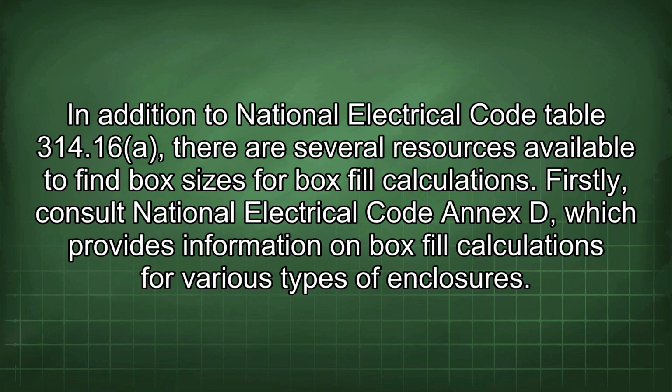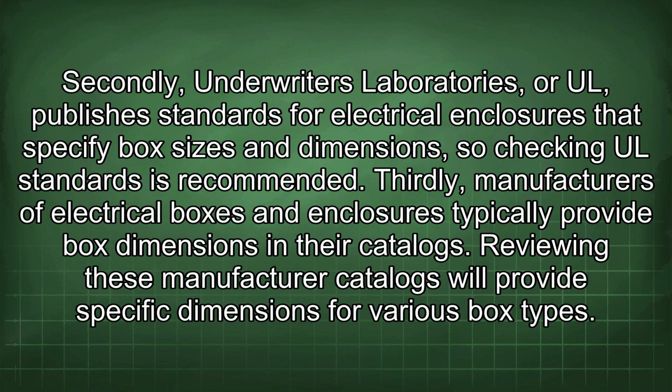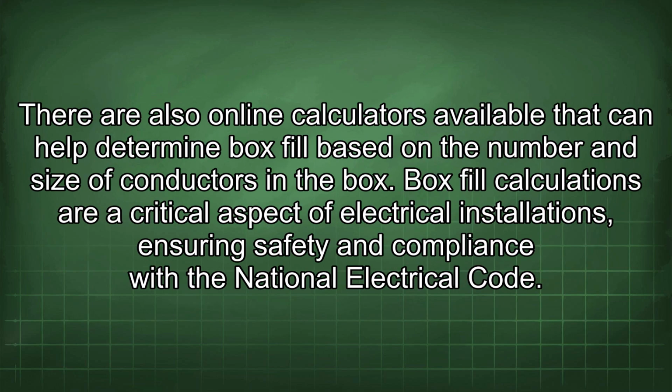fill calculations. Firstly, consult National Electrical Code Annex D, which provides information on box fill calculations for various types of enclosures. Secondly, Underwriters Laboratories, or UL, publishes standards for electrical enclosures that specify box sizes and dimensions, so checking UL standards is recommended. Thirdly, manufacturers of electrical boxes and enclosures typically provide box dimensions in their catalogs. Reviewing these manufacturer catalogs will provide specific dimensions for various box types. There are also online calculators available that can help determine box fill based on the number and size of conductors